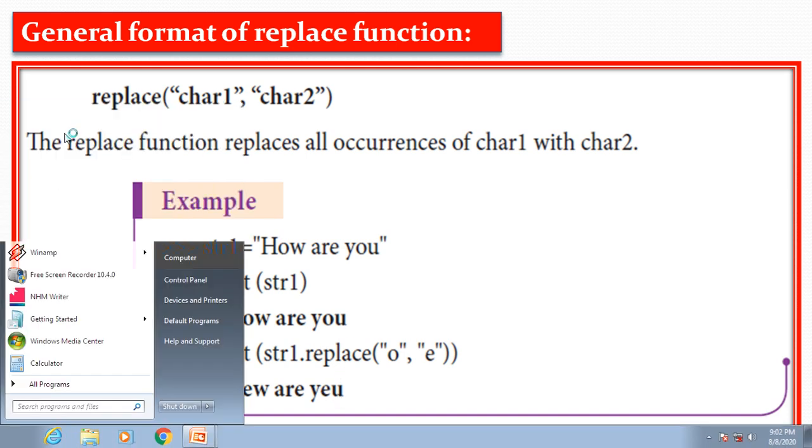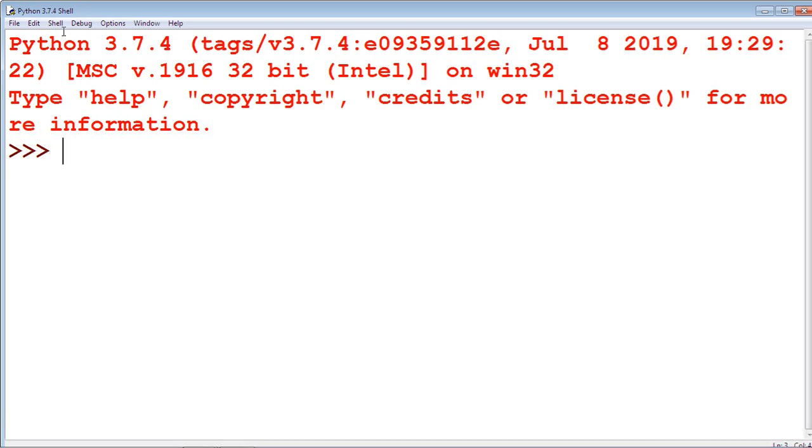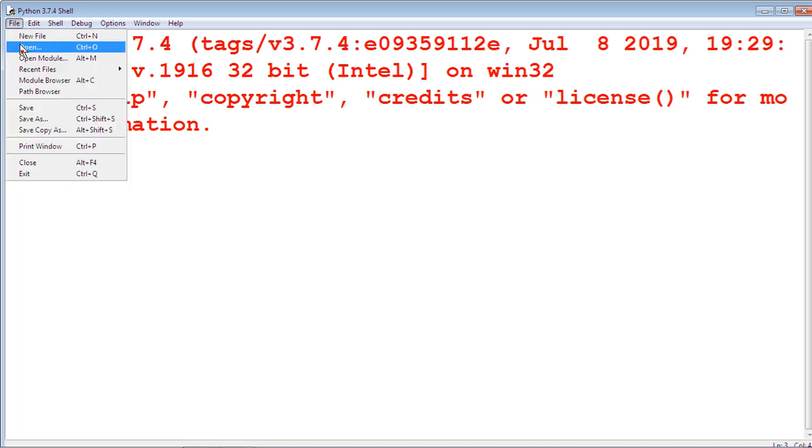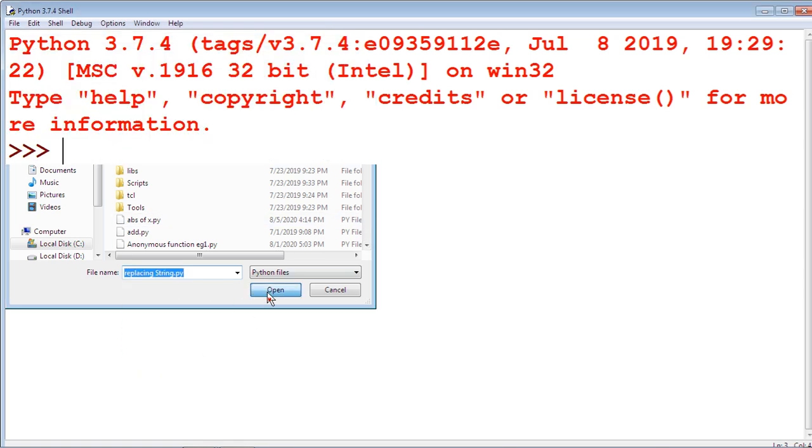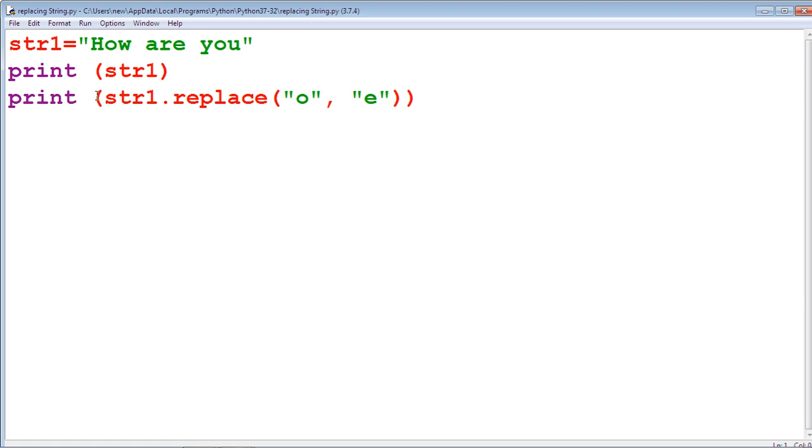This example is illustrated by the IDLE window. File open, replace, replacing string. Here we replace in how are you the o character by e character.